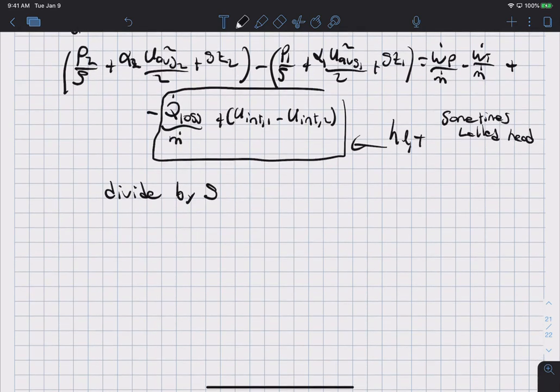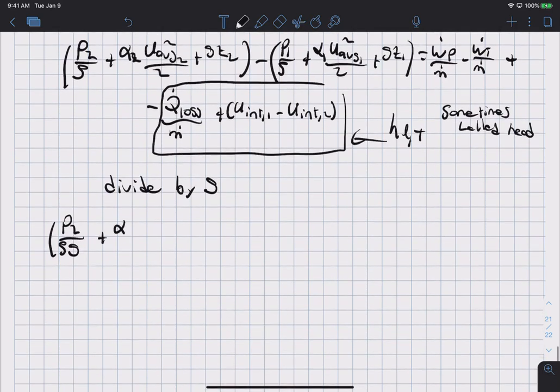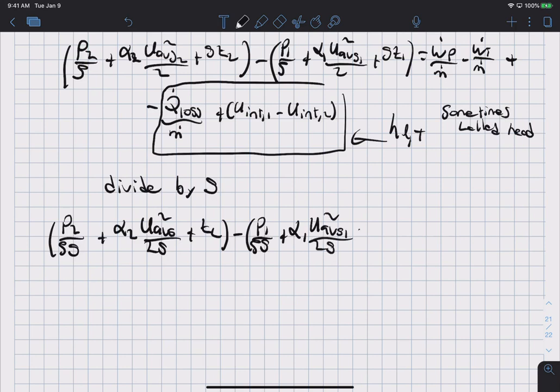We have P2 over rho g plus alpha 2 u averaged squared over 2g plus Z2 minus P1 over rho g plus alpha 1 times u averaged at state 1 squared over 2g plus Z1 equals